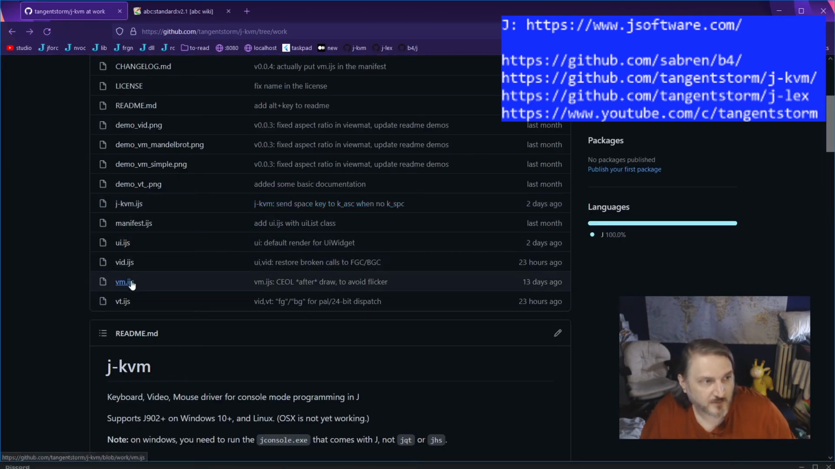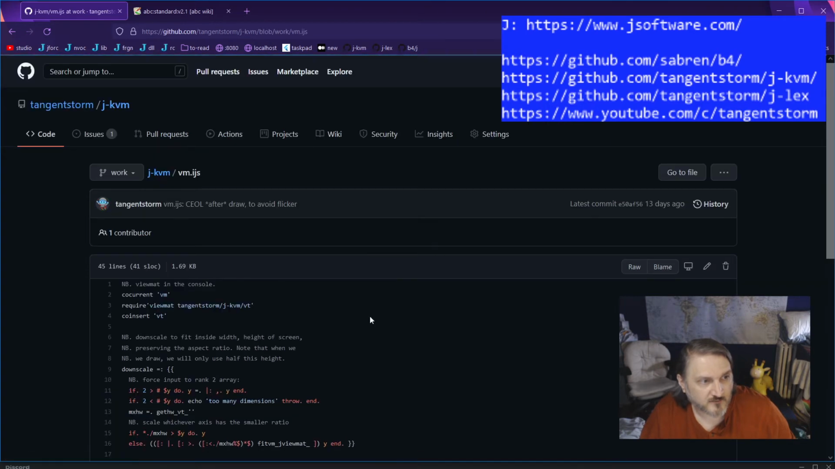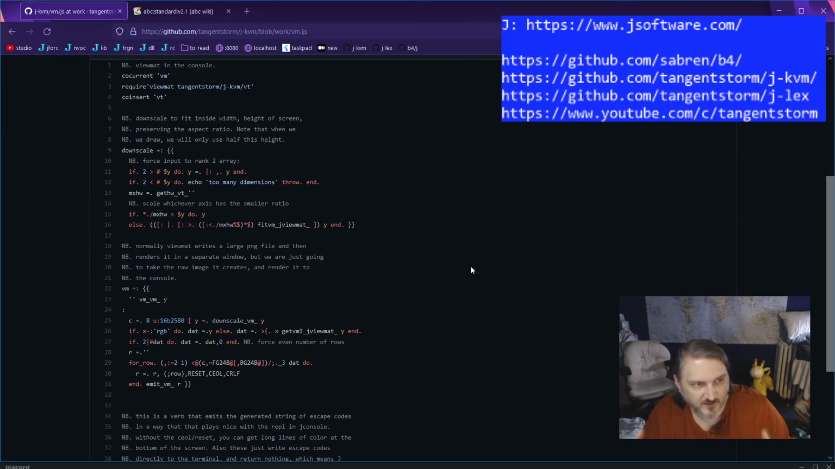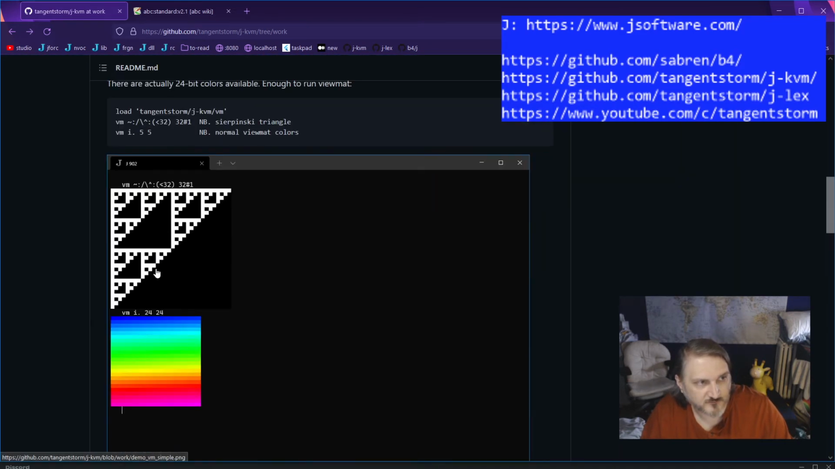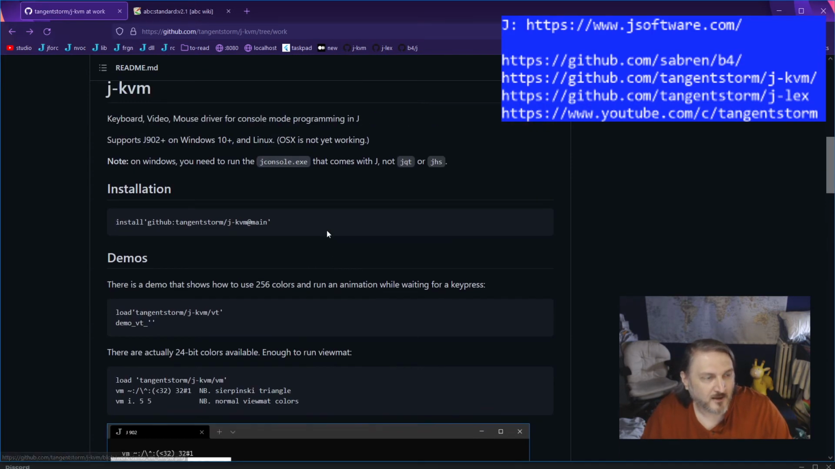And then on top of that, we've got VM, which is called ViewMat. ViewMat is a thing that comes with J that renders all these nice, pretty, visualize your matrix in colors. So that's what VM does. And then